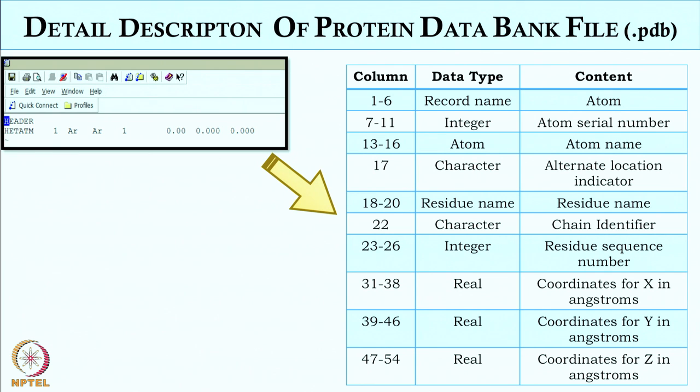So the AR typed on the left side can be anywhere between 13 and 16? Yes, it need not exactly start at 13, it can be 14 or 15, but it has to be in between 13 and 16. The 17th column is a character, the alternate location indicator. Then columns 18 to 20 are the residue name. Since here it is just a monoatomic molecule, we have argon as the residue name. It is user specified, and the user can change the residue name according to their convenience.